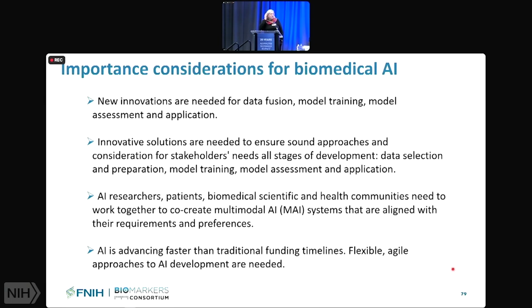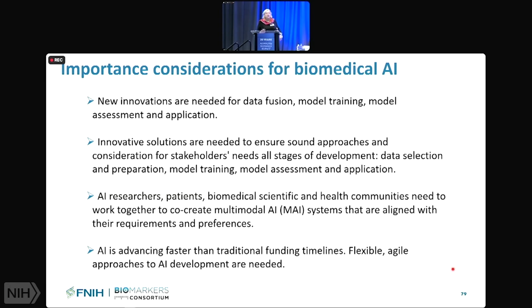So we know that there are a lot of important considerations for biomedical AI. For example, the need for innovation and data fusion and model training, just like we were just talking about, as well as model assessment and then the downstream applications. These are things that are front and foremost on our minds as we're starting to develop new programs. We want to make sure that our solutions that are innovative also have sound approaches